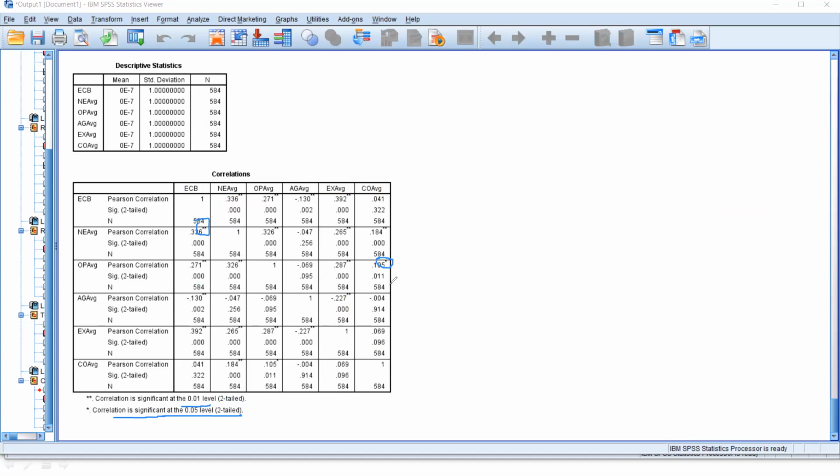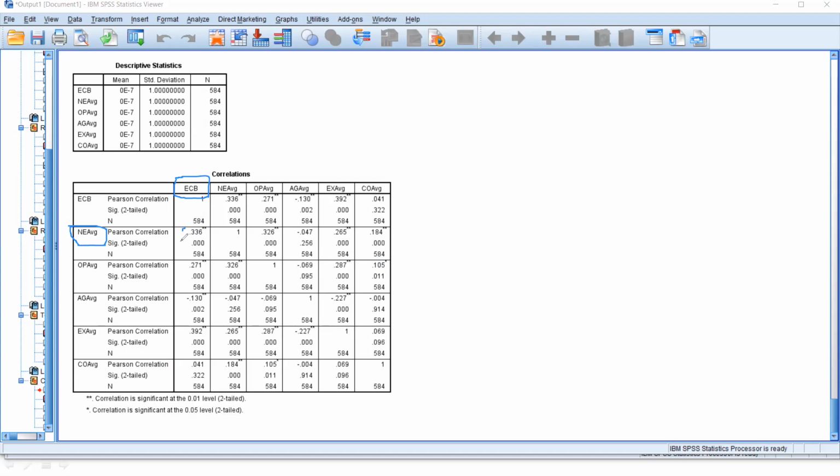But remember, this correlation doesn't indicate that we are having a statistically significant relationship. So we cannot say that ECB is going to change as a result of a change in NE. Even though we are having a statistically significant correlation, we cannot say that ECB is going to change as a result of changes in NE.